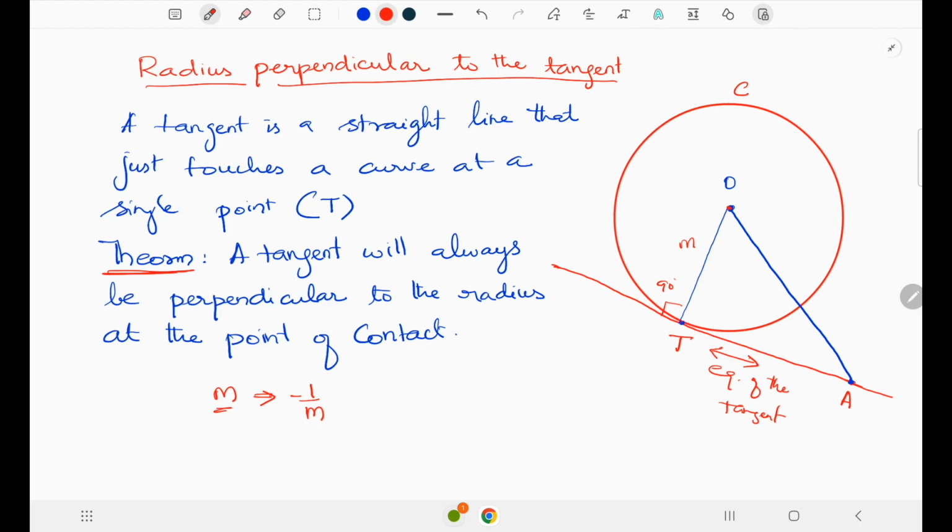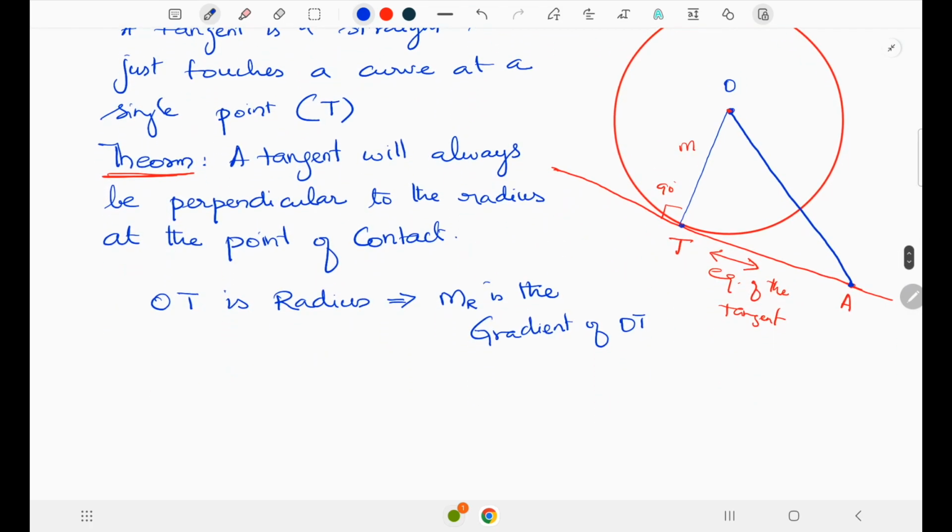For example, suppose OT is the radius, and assume that mr is the gradient of OT. Now if we need to find the gradient of TA, so TA is the tangent,